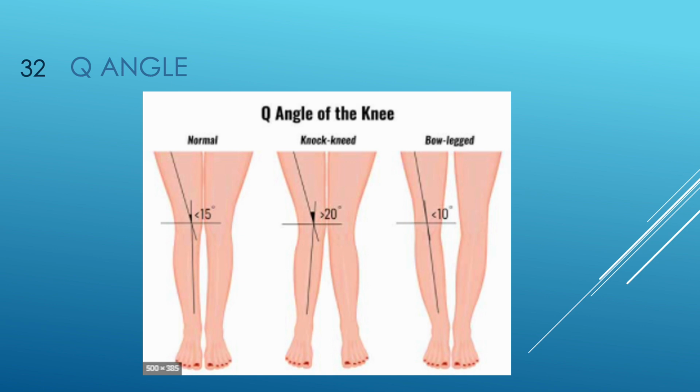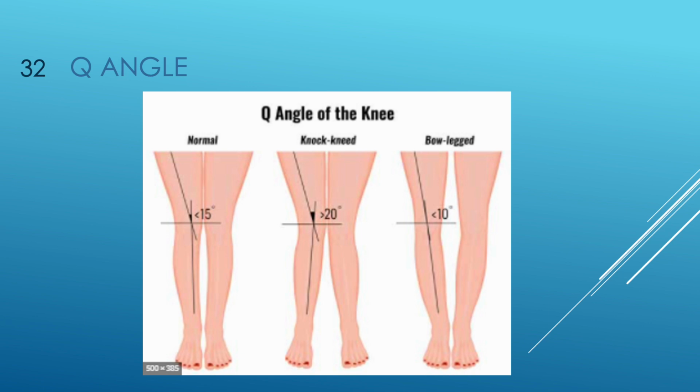Abnormal leg alignment and posture. Knock-kneed, valgus, or flat-footed pes planus postures may increase susceptibility to Osgood-Schlatter disease. These postures create a sharper angle between the quadriceps muscle and the patellar tendon, known as the Q angle. The larger Q angle places more tension on the bone growth plate of the tibial tuberosity, increasing the risk of